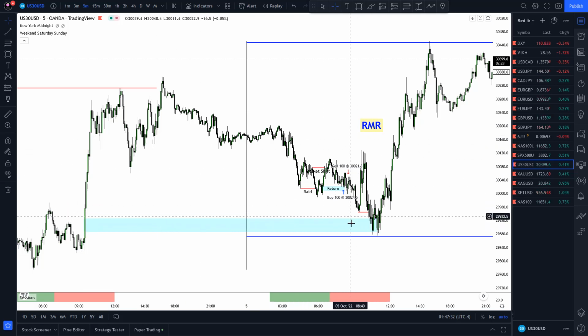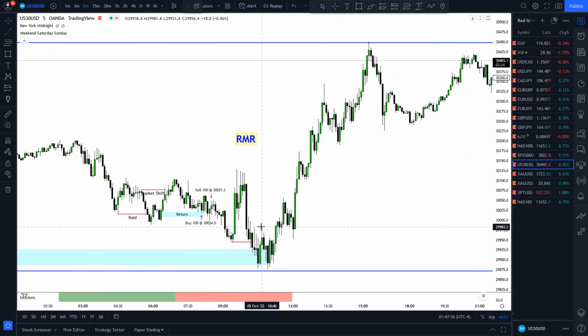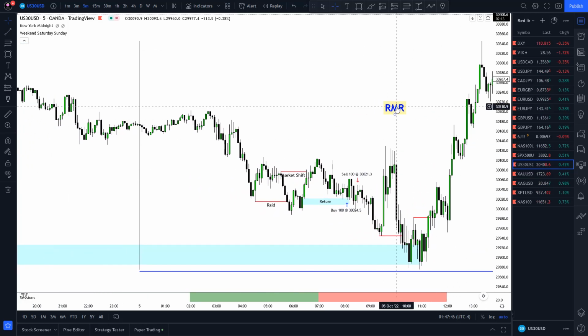Next, we'd look for a market structure shift. So above this recent swing high, we can call this a market structure shift bullish. And after the market structure shift, we look for a return. And in most cases, the market shift will present a gap, which is right over here. If we extend that one out, we can see that price retraces into this return area,